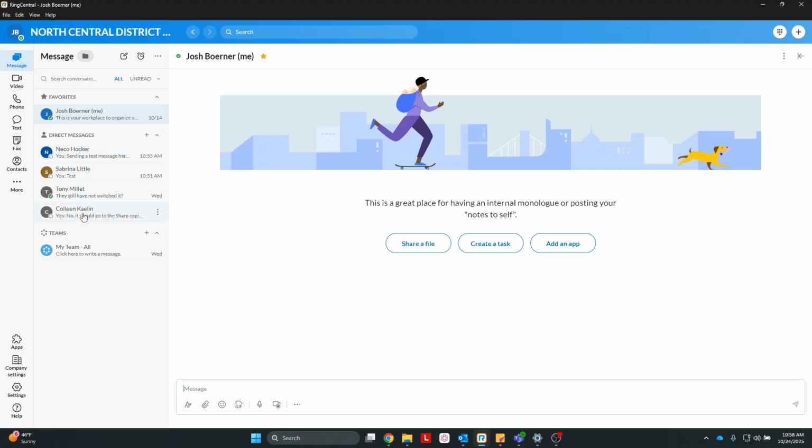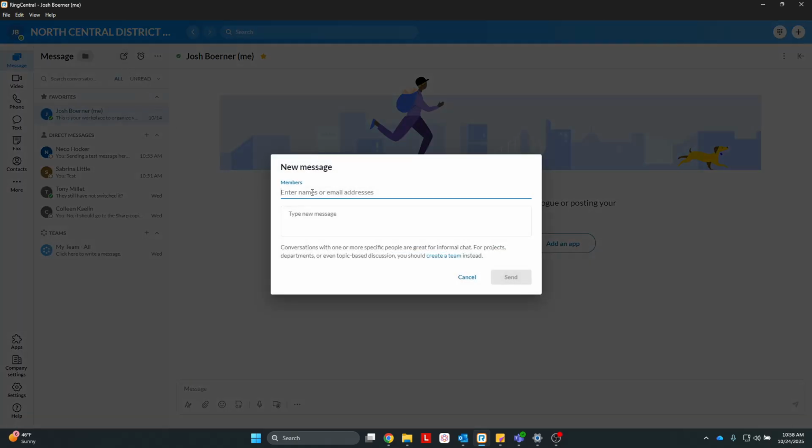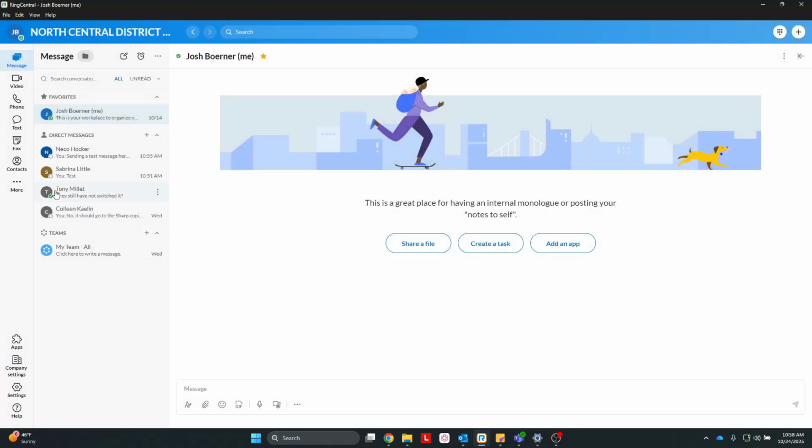You've got your messaging that you have conducted with other folks, any teams that you're a part of or departments. You've also got reminder settings up here at the top. And up here at the top is also the new message button where you will pick the person's name. So let's say I want to send one to Mr. Tony Millett. Click that, and then I can send whatever message I want. I can hit send, and it will pop up and show under him that basically I sent a message and bring me to his